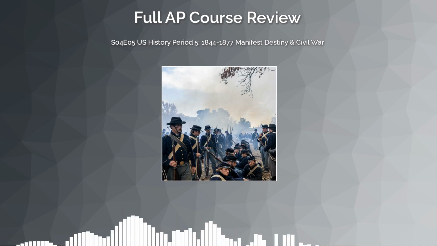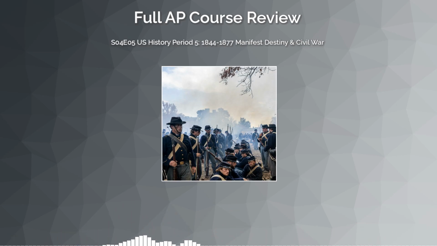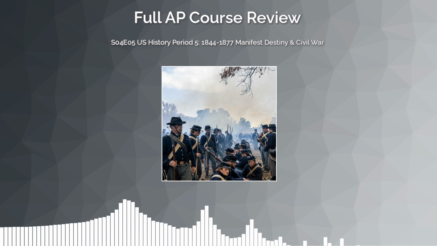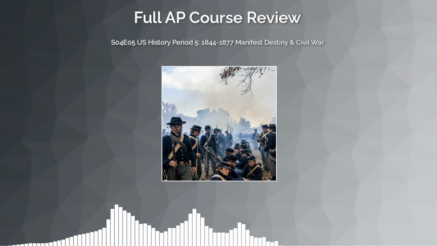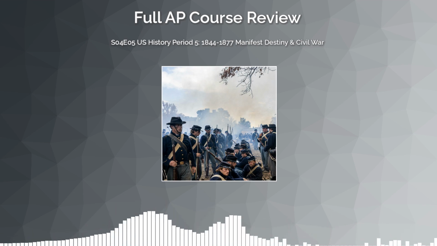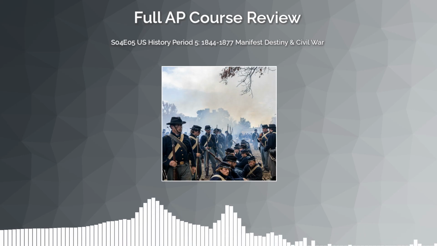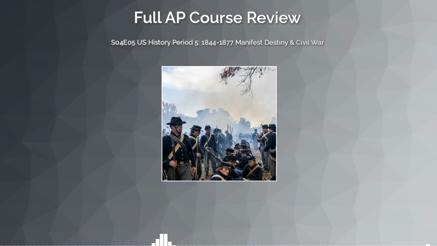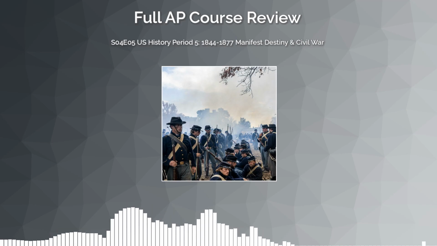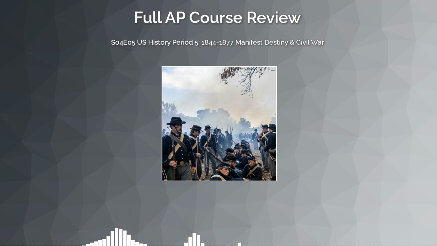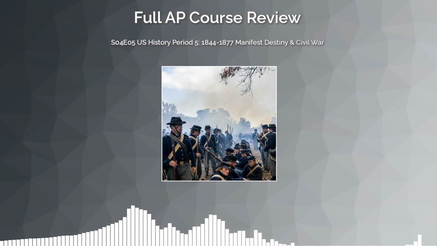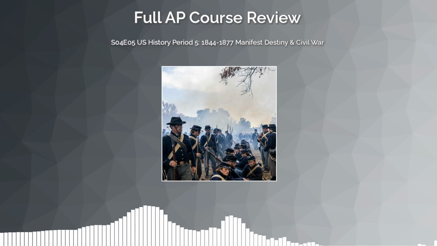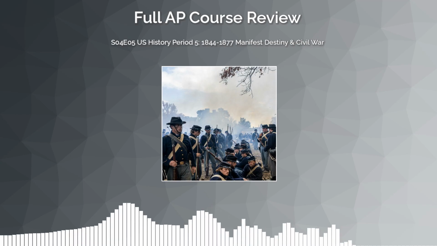Political exhaustion and the Compromise of 1877. By the mid-1870s, the North was tired of sending federal troops south, tired of corruption scandals, Grant's administration was drowning in them, and tired of the whole messy business of remaking Southern society. When the disputed presidential election of 1876 put Republican Rutherford B. Hayes against Democrat Samuel Tilden, Congress needed a deal.